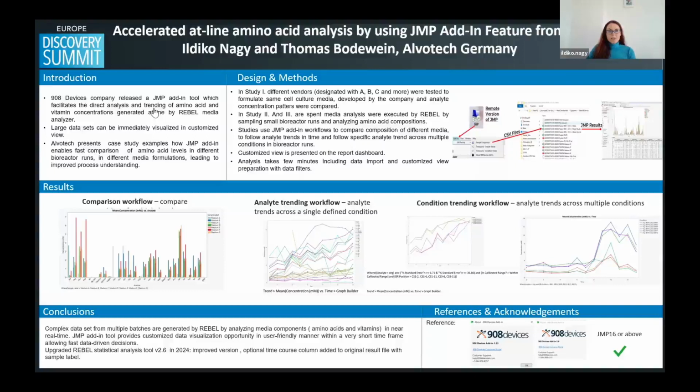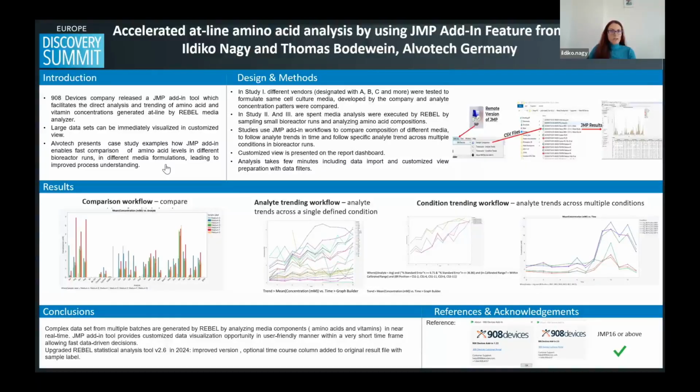Together with this measurement, really large data sets are generated, which can be immediately visualized in a customized view with this JMP add-in. And we would like to present the workflows to compare, to show trending in time and